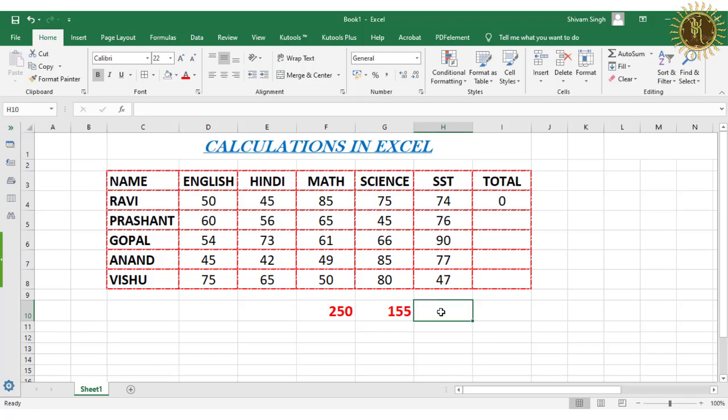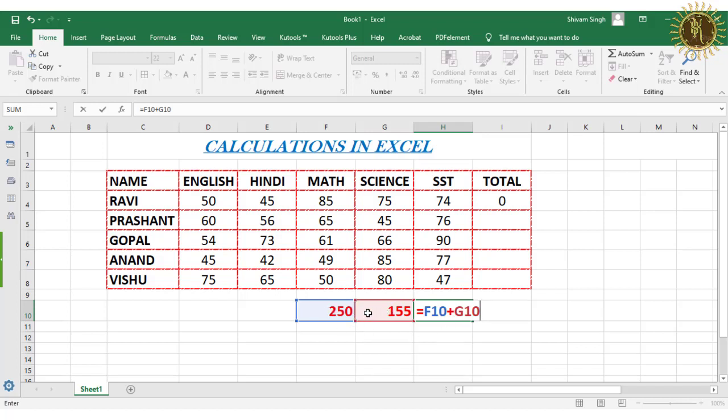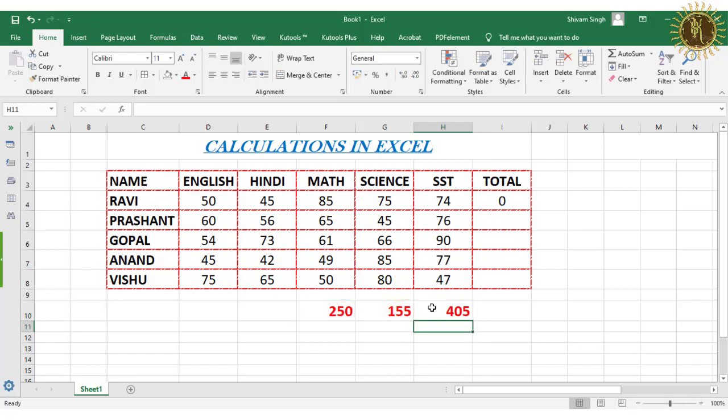So for doing the addition we will write equals to F10 plus G10. Now you can see both cells have been selected when we inserted the cell addresses. Now hit the enter button, and you can see we have done the addition calculation.